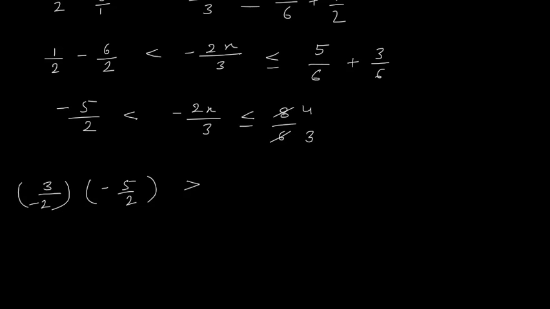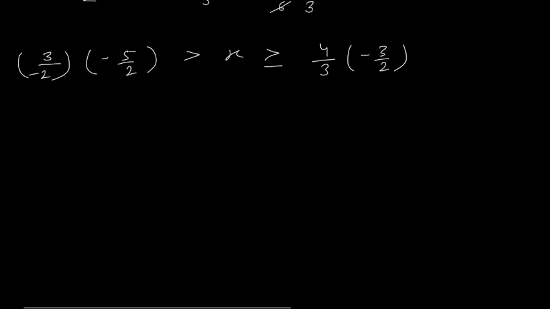Here when you multiply by minus 3 upon 2, 3 upon minus 2, this will cancel and you have only 1, and here it will be greater than or equal to, now 4 by 3 multiplied by minus 3 upon 2. You write minus sign in denominator or numerator, it will not make any difference. Now here it is 5 3s are 15, this minus and minus will cancel, and 3 5s are 15, it will become 15 divided by 2 to the 4. This is greater than x, this is greater than or equal to, now we have minus, this 3 and 3 cancel, 2 to the 4, so this is minus 2.